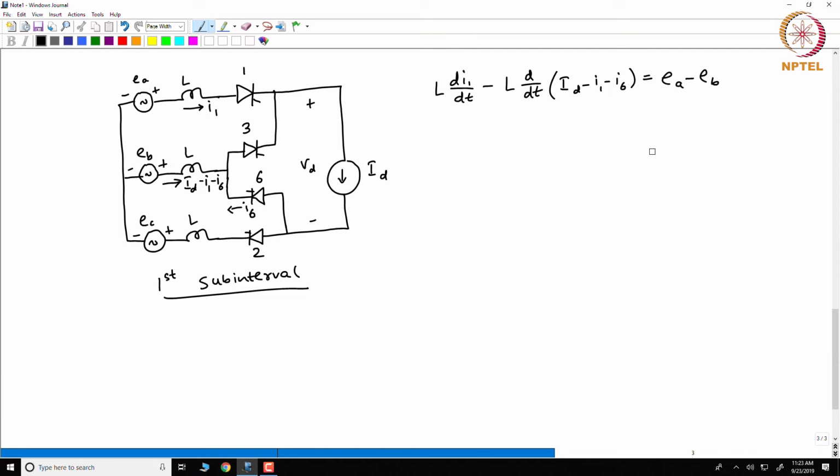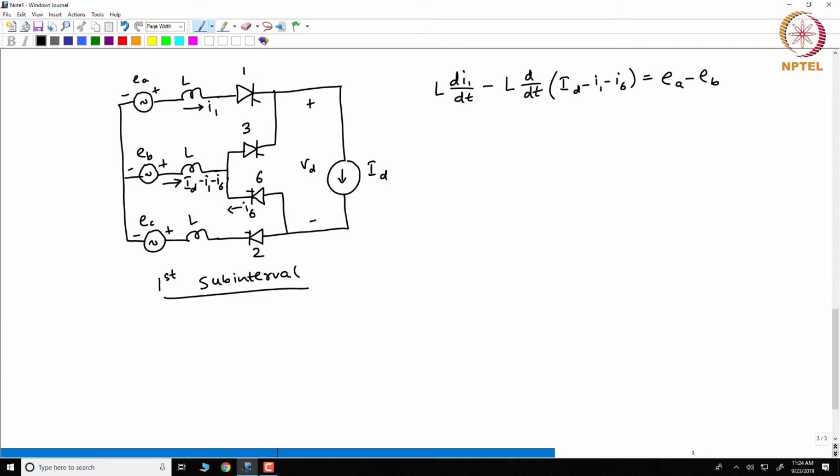Please note I have to just get the equation in the standard form. The standard form is a first order differential equation where I have on the left hand side the first derivative of the state variable with respect to time. The right hand side is a linear function of states and input in general. What I need on the left hand side is the derivatives, but it is not in the required form because both state variables I1 and I6 are in the same equation. So I will first write the other equation also and then try to simplify.